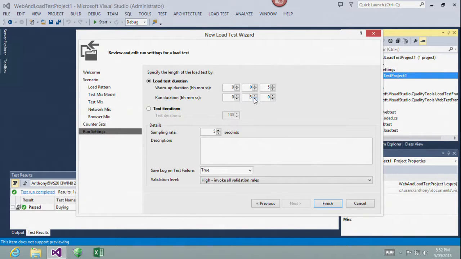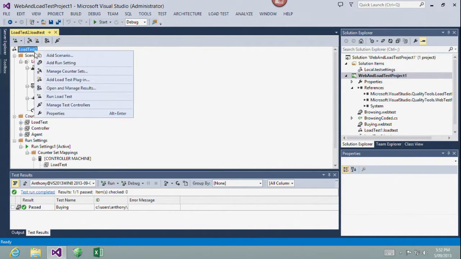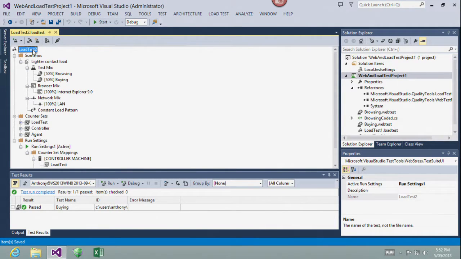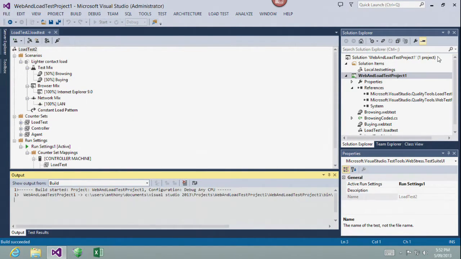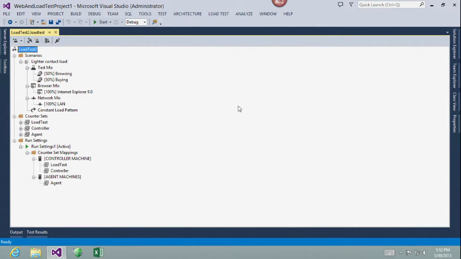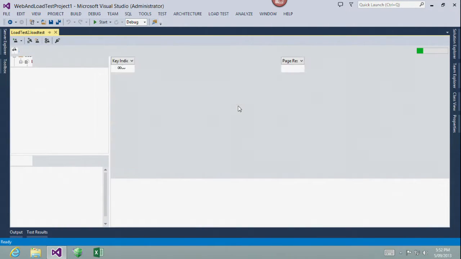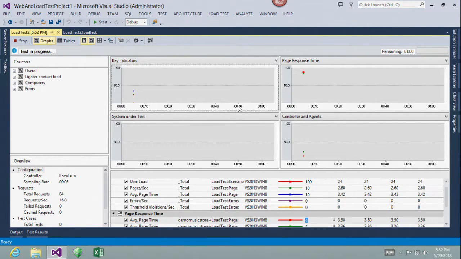And in terms of running my test, I'm going to go ahead and run it for just a minute. Sampling rate, I'm happy with the rest of that stuff there. Got my web load test, and I'm just going to go ahead and run it. And I will save it because I'm just that kind of guy sometimes. Run. Okay, so what we're going to see over the minute is we're doing some warm-up, and then we're going to start collecting this wealth of information.